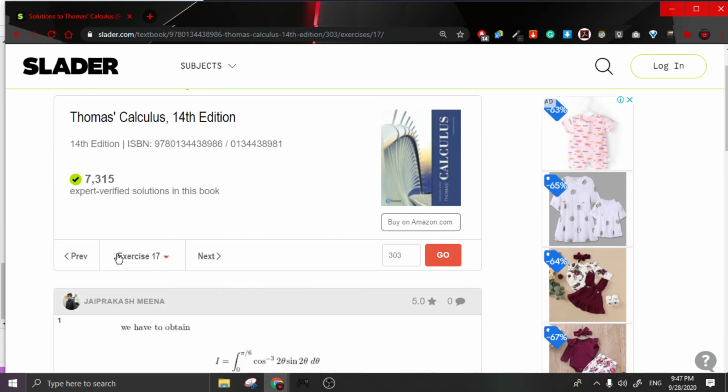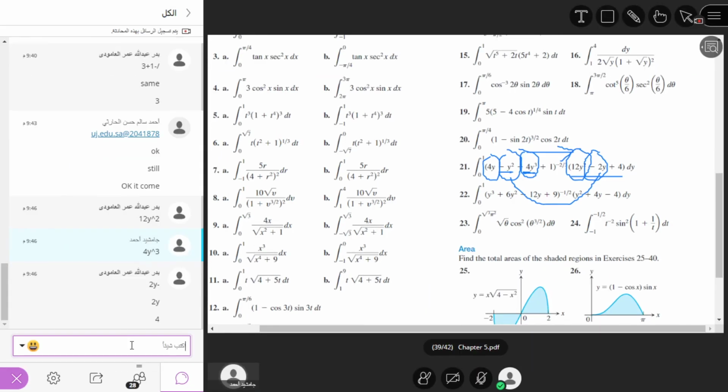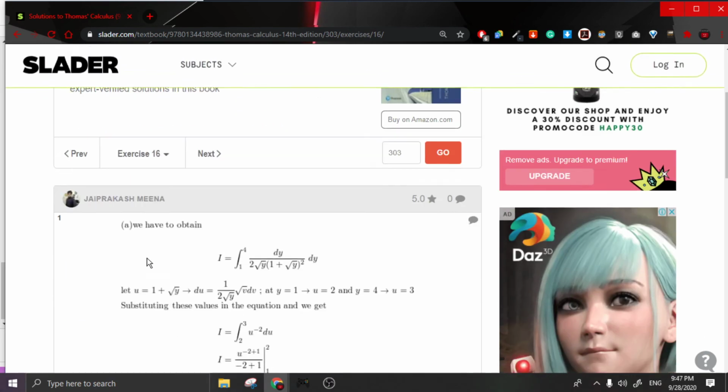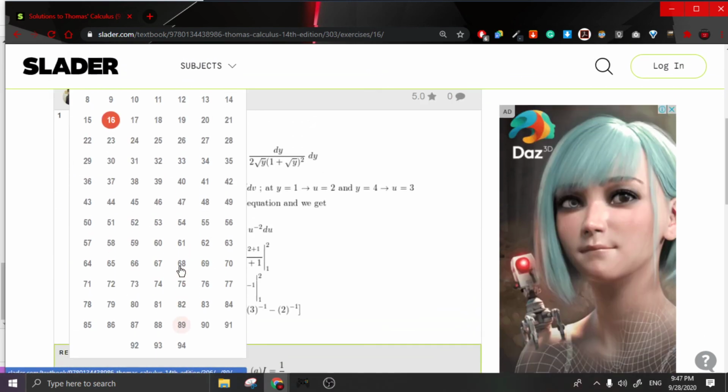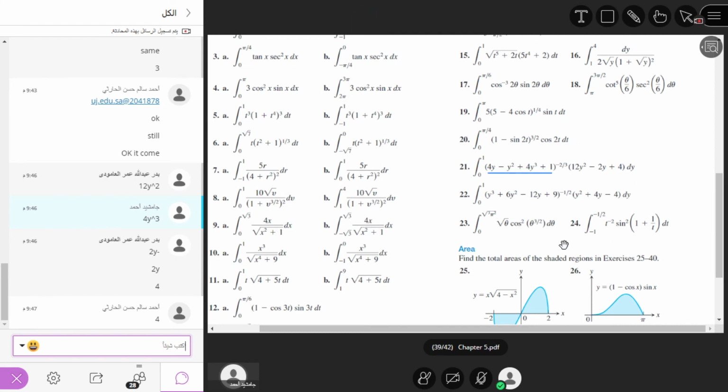What is the derivative of 4y with respect to y? It is equal to 4. It is also given here, and both are positive. What is the derivative of 1? It is equal to 0. So here we substitute this expression equal to u. So we get u power minus 2 divided by 3.